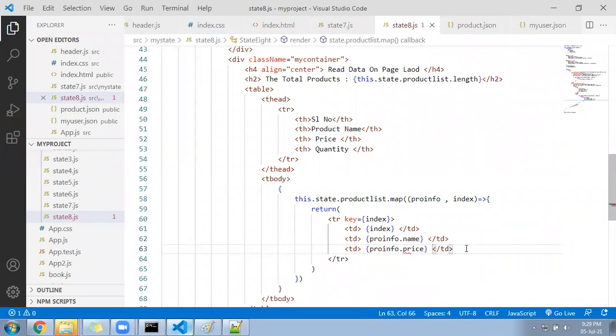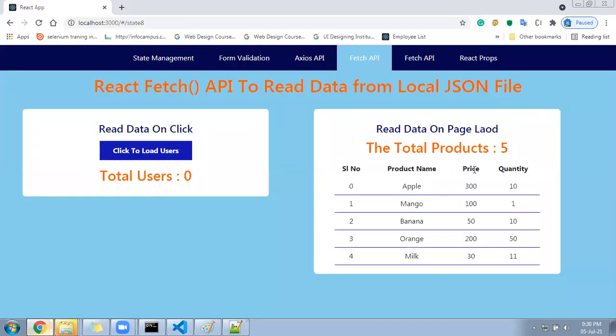Next td will be proinfo.qty. It is the key inside your JSON file. Okay, so let me show you the browser and see. Oh, awesome. See, it is coming like this. So this is the work what we wanted.